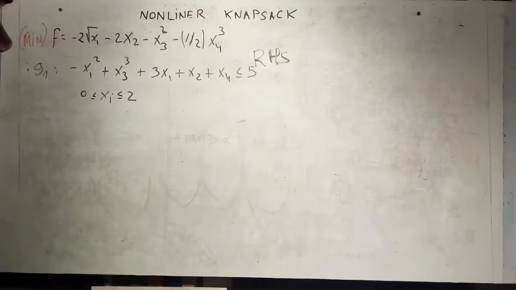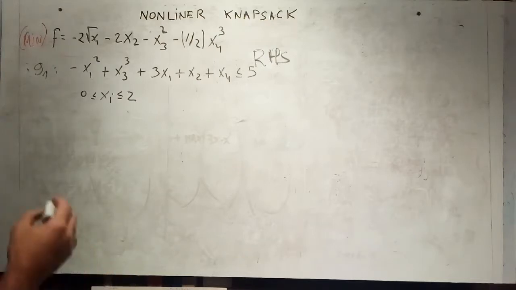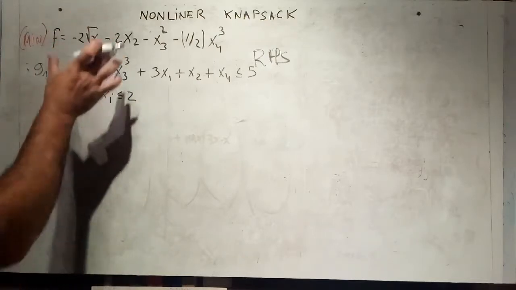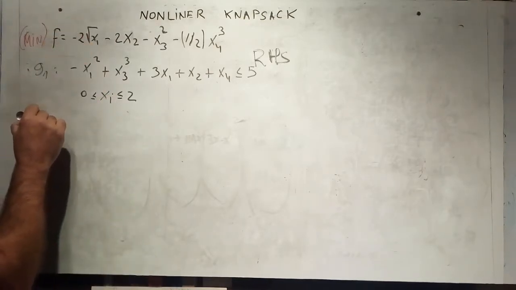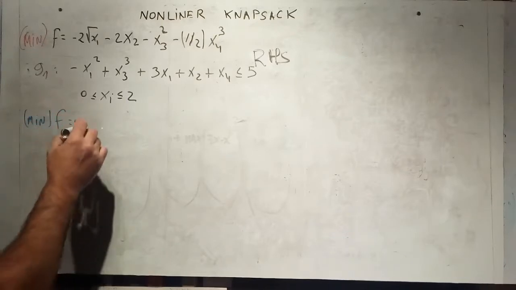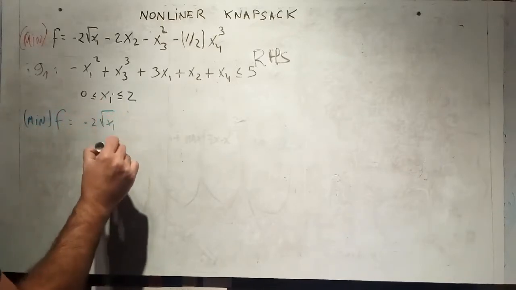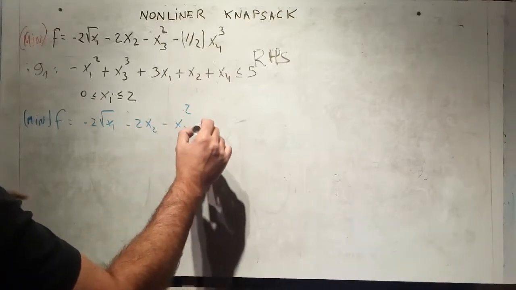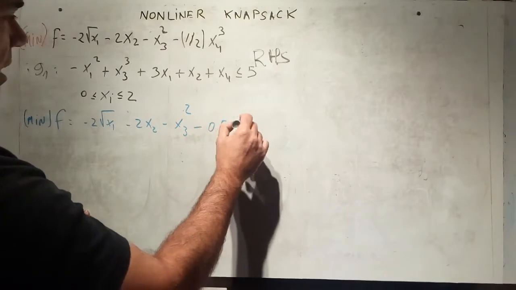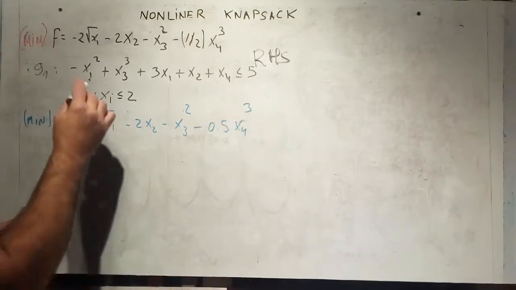The first thing we have to do to solve this problem by dynamic programming is to realize that the problem is in fact separable. To do that, what we are going to do is isolate each variable, putting the variables together in this way. So minimizing f of minus 2 square root of x1 minus 2x2 minus x3 squared minus 1/2 of x4 cubed, and then